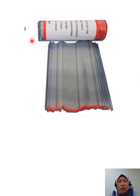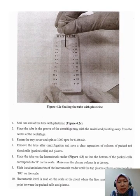This is what the capillary tube looks like. It's made of glass. It's not long, about a span long. It's very thin, just nice to fit into a centrifuge. Next slide. After withdrawing the blood, filling two-thirds of the capillary tube, air bubble free,